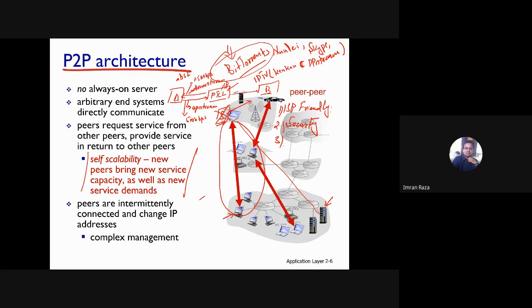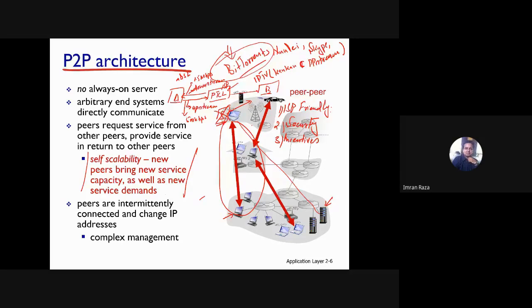And then number three, if we want to ensure a successful future for peer-to-peer applications, we need to give incentives. Incentives, right? So the success of future peer-to-peer applications depends upon whether we convince the user to volunteer bandwidth, storage, and computation resources to the application. This point is very important, right?